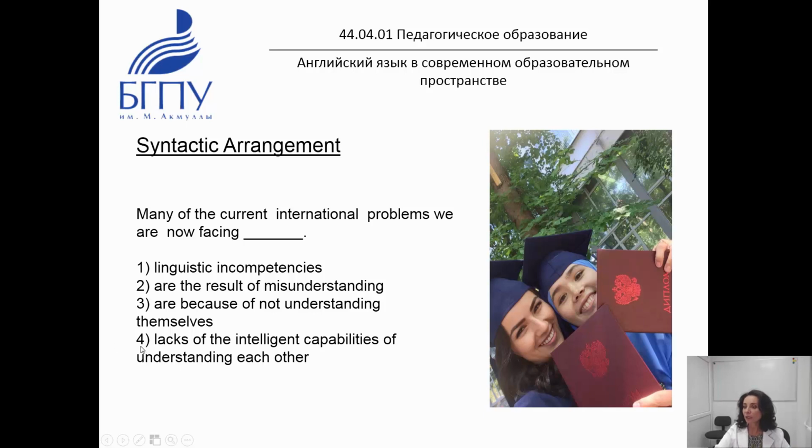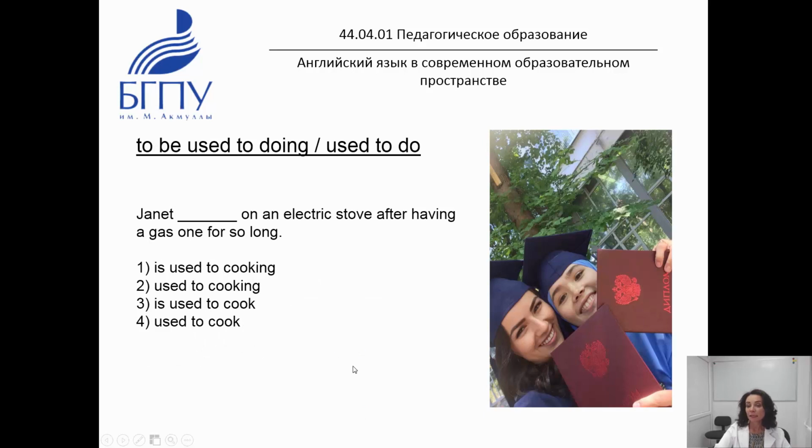Then number 4, to lack something. First of all, if it is the verb to lack, there is no preposition. If it is the nominal phrase, then preposition of is used. But we need the verb here. That's why we can turn to the only right variant, and this is variant number 2, are the result of misunderstanding. The next issue under analysis is the